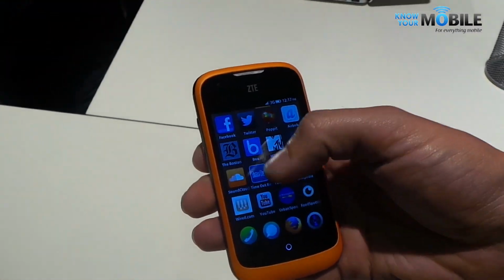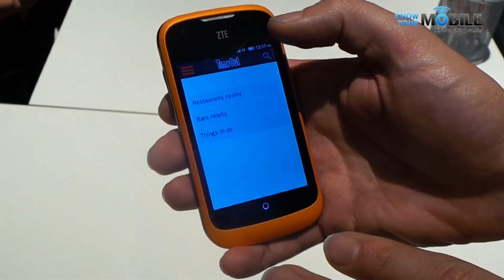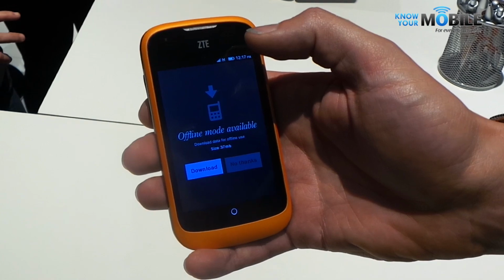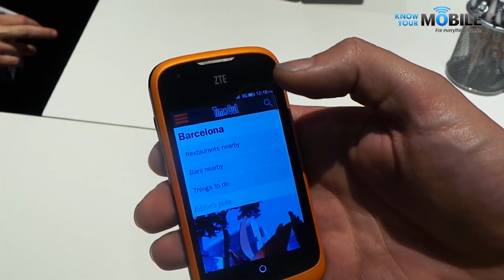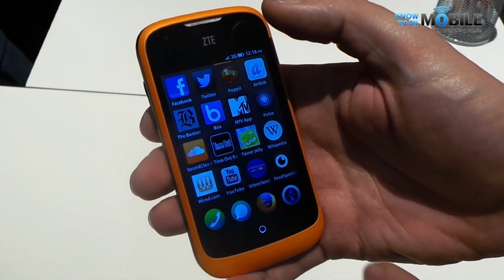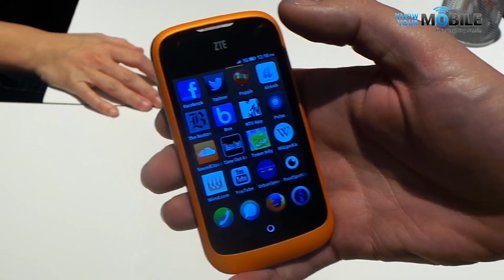Exactly. So you have a Time Out application that does that. If it hasn't been run before, the first thing it will do is prompt you to see if you want to download all of your local attractions. If you do, you can download it, save it, and work offline completely. If you don't, you can say no thanks and keep using it in online mode. It's entirely up to the user and developer how to get that experience. Brilliant. So I'm getting a huge sense of openness. As we know, Firefox is a not-for-profit